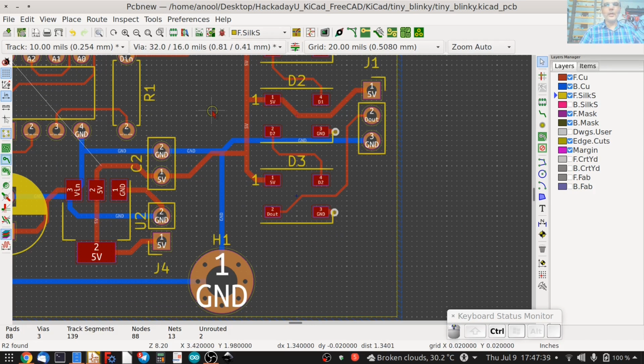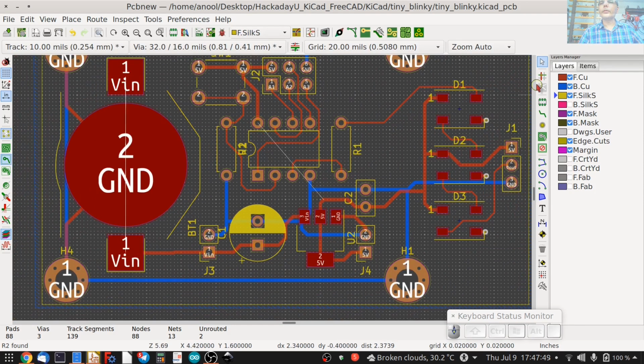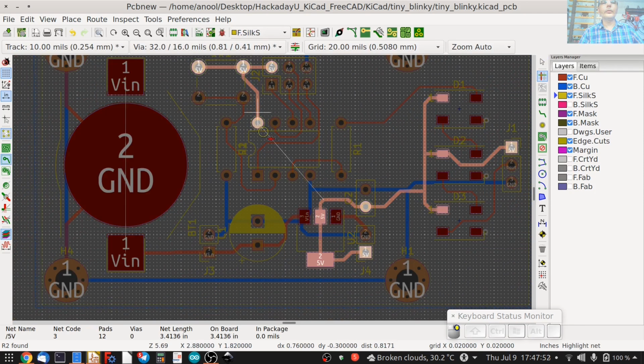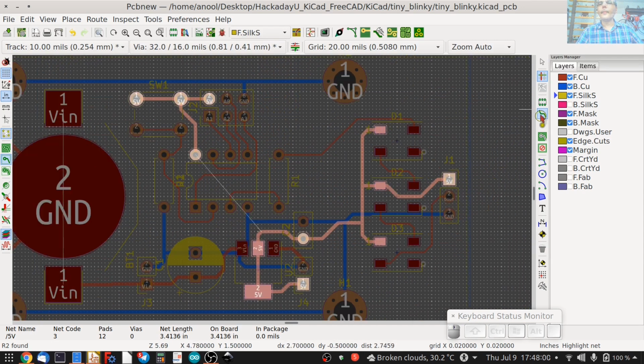All right, let's see how we can get this last connection made. Doesn't look like, let me try and use the highlight mode. Let's see if there's any way we can get those two connected. Okay, I see a way out here. I select page up, select place tracks. I start out here,